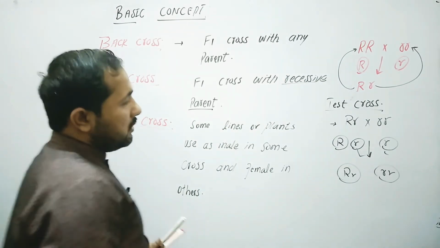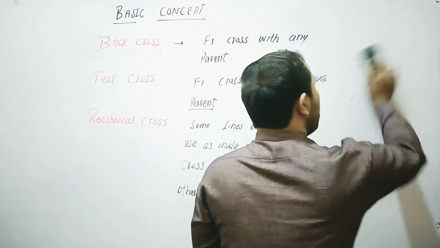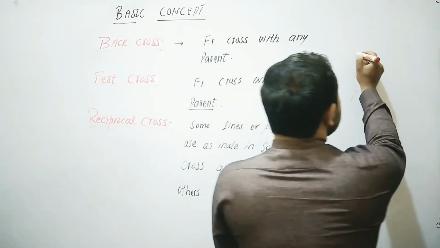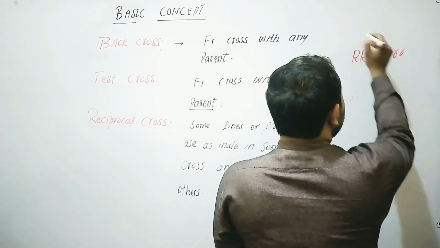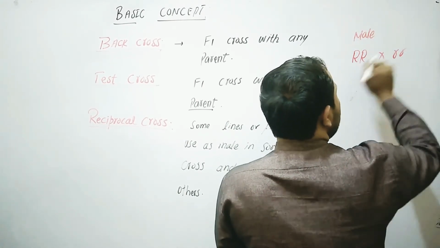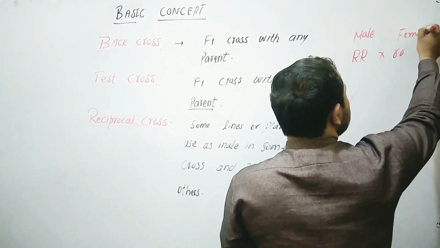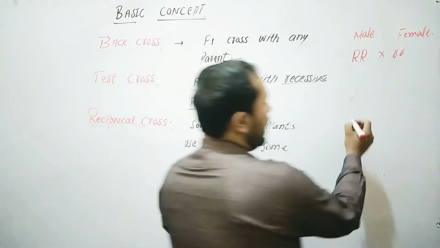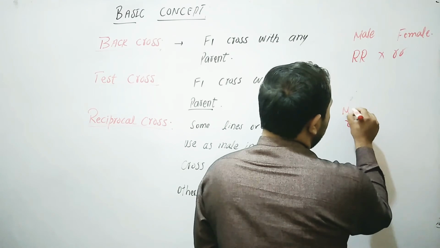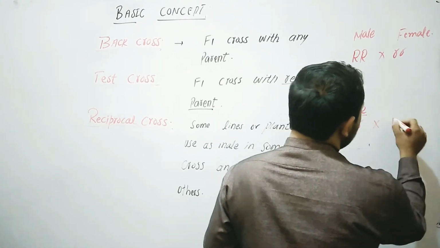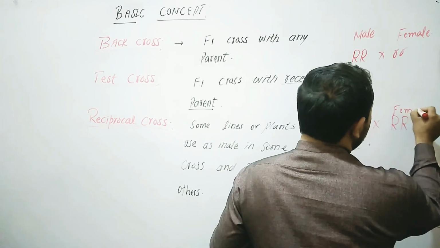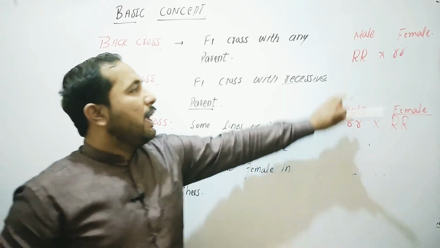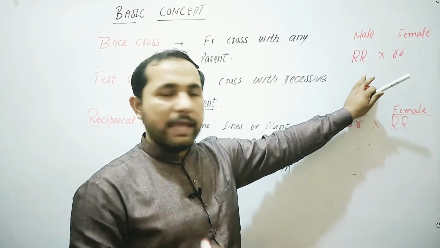And the very last cross used in genetics is the reciprocal cross. What did Mendel do? In some cases, for example, Mendel used the round plant as a male and used the stigma of the second, wrinkled plant as a female. And in the same way, in some crosses, he put the wrinkled plant as a male and crossed it with capital R as a female. In this cross he used the stamen or anther of this plant, and in the other cross he used the stamen or anther of that plant.